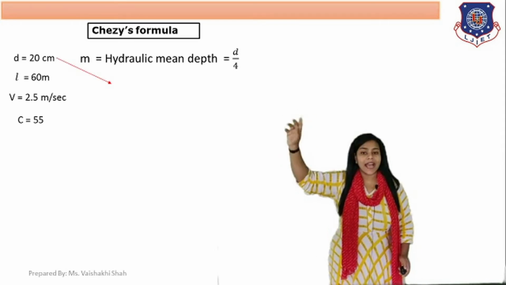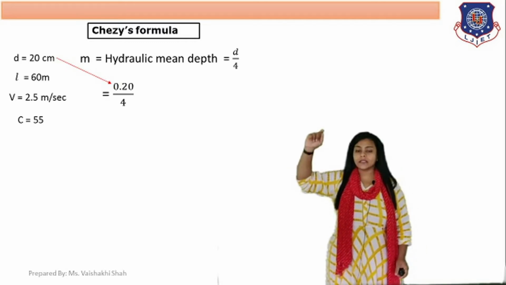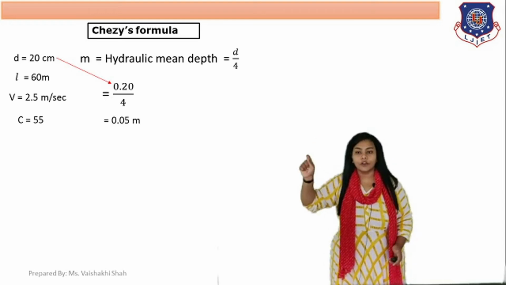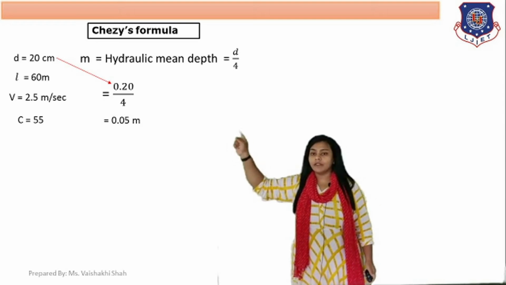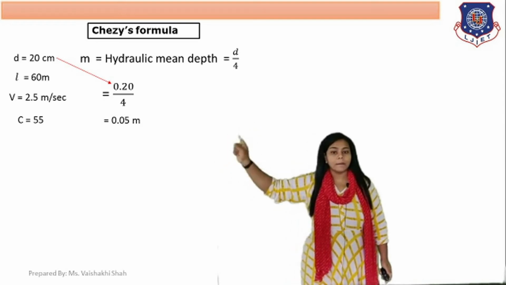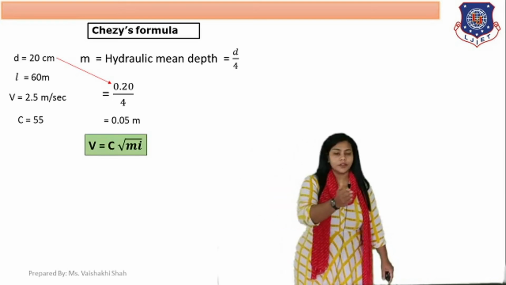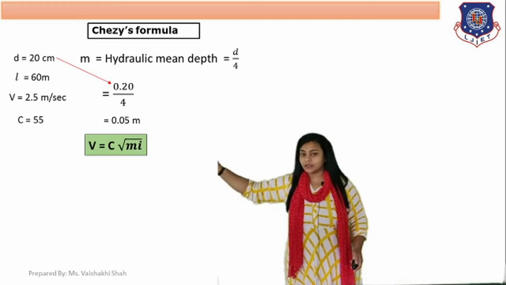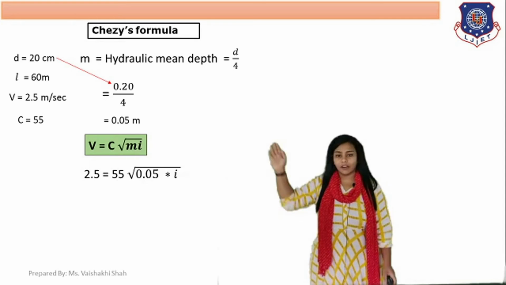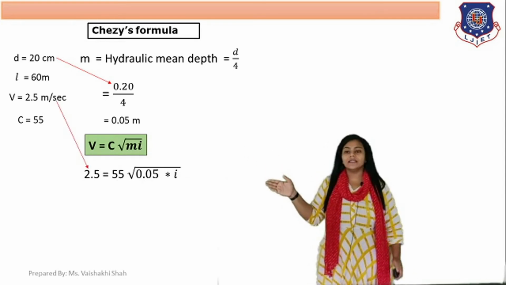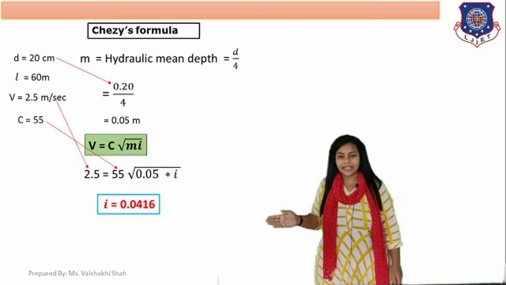D is your diameter. If we place the value of D here, then your m is 0.2 divided by 4, which is 0.05 meter. This is your value of m, hydraulic mean depth. Now V equals C into under root m i. C is Chezy's constant. If we place all these values here, V is 2.5, C is 55, so i is